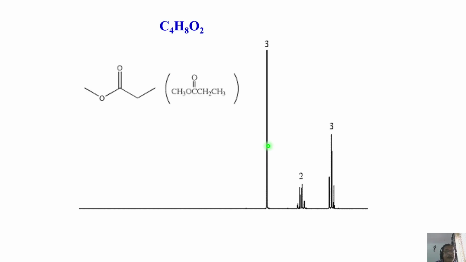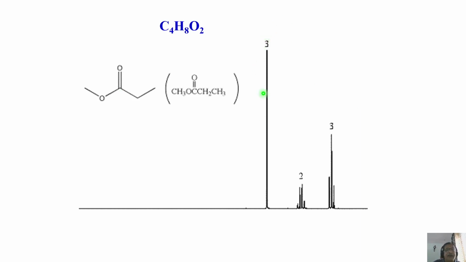Let us see the molecular formula now. This is the molecular formula. Very interesting, right? Now these are the CH3 protons. This CH3 group is split by CH2 into a triplet. This is split into a quartet because of this CH3. So these two are understandable. Now immediately look at this intensity, and also it comes downfield in the chemical shift. This is far away, coming downfield. Then you must understand that 3 protons, if they are present in a single peak, it must be a CH3 group, and that too without splitting.